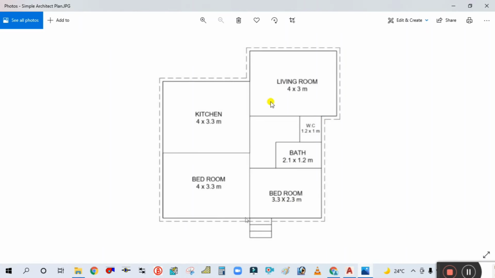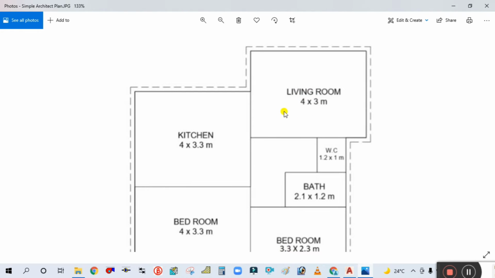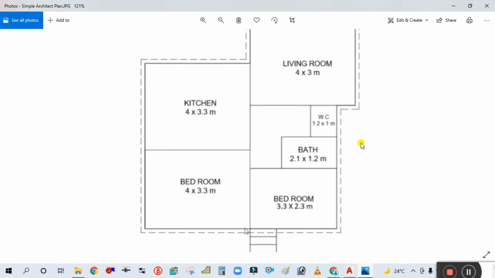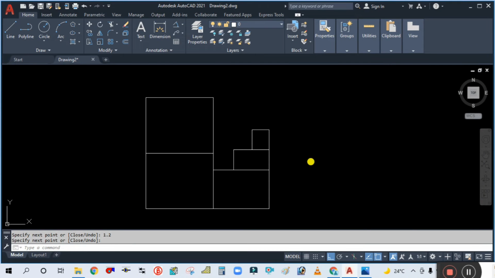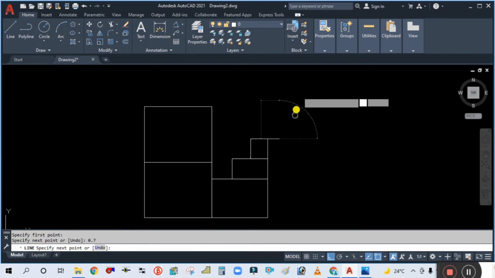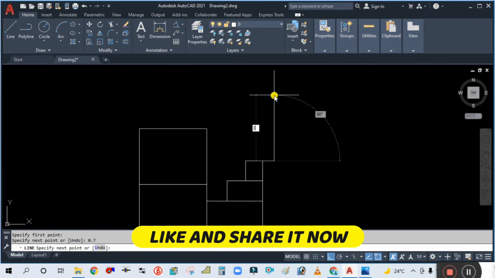Now the next one is, you can see here, this is the living room and it's showing 4 meter by 3 meter. So this is the 4 meter. So this bedroom is 3.3 meter. That means this is 0.7 meter is out. So from this point, take one line from here, and this side is 0.7, so 0.7 meter enter, and then upside is 3 meter. So this side shows the direction of the line and enter the length of the line 3 meter, and